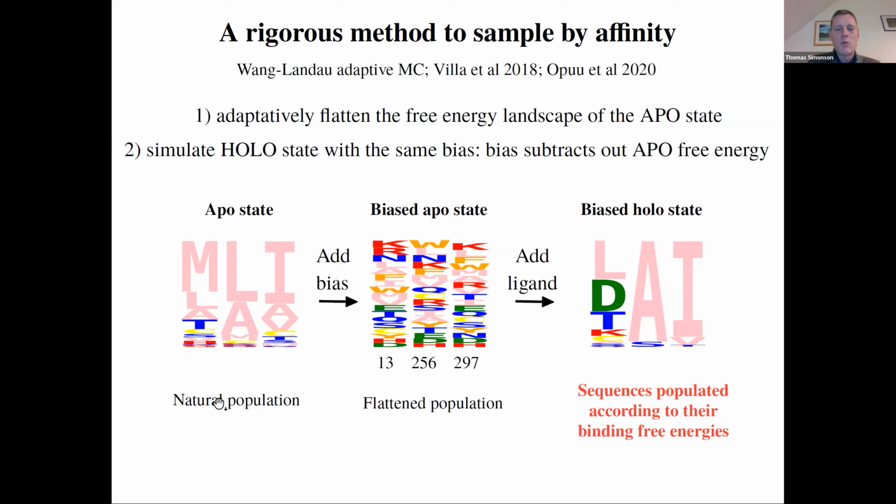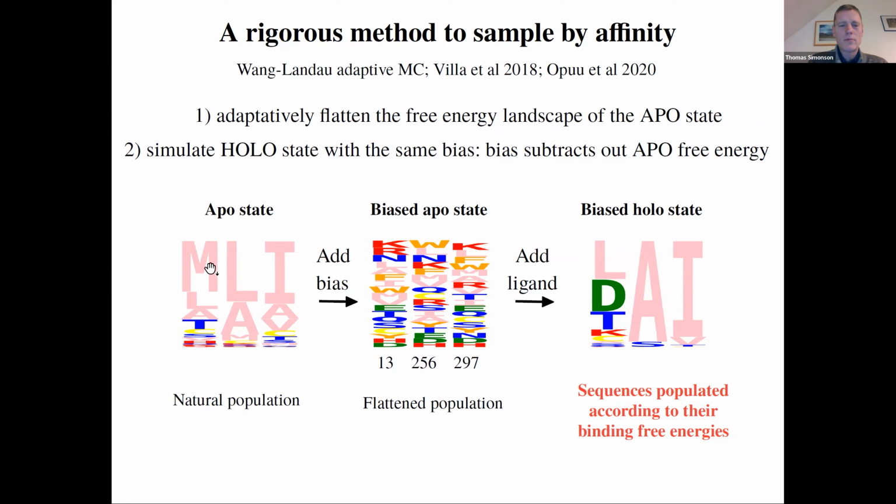So this is a simple example where we have a very complex enzyme, but we're only mutating 3 positions. We're mutating 3 positions partly because this is an illustration, partly because this is a hard problem. We can't flatten the free energy surface if the dimensionality gets to be too big. So 4 or 5 positions, fine, but 50, no, we're not going to be able to flatten that big a space.